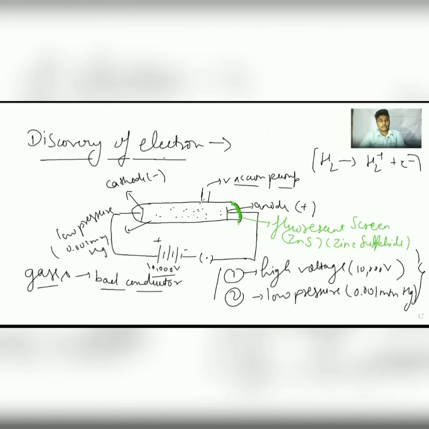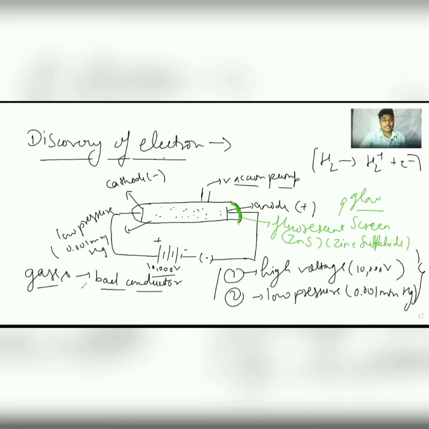Actually, we know that atom is a small particle which we cannot see via naked eye. So these subatomic particles are also too small. So we cannot see any type of particle by naked eye. So we use this fluorescent screen, because when the particle produced strikes on this screen, it produces a type of glow. By this glow we can see that some reaction was happening inside the discharge tube, cathode discharge tube.